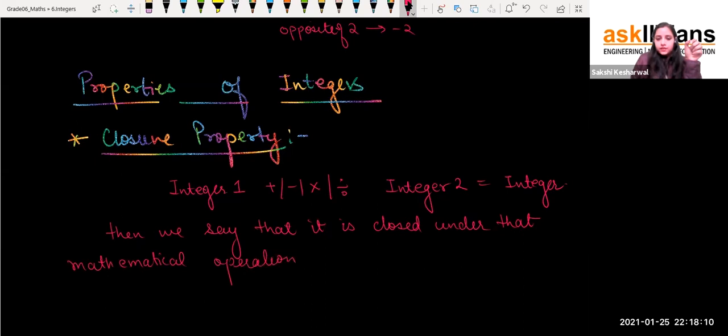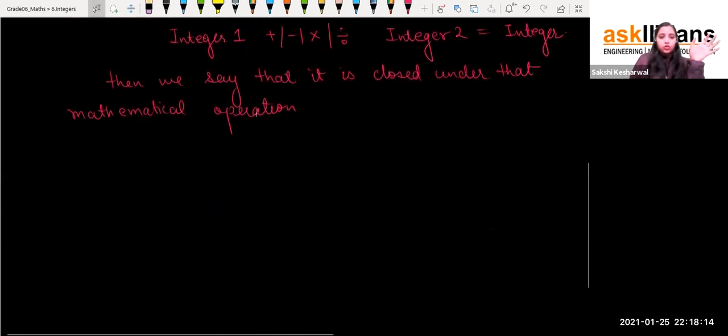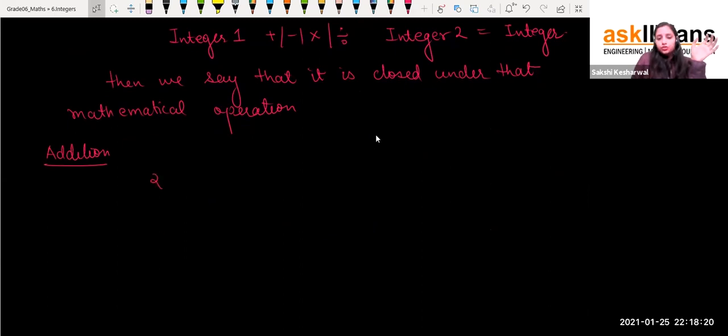Okay, let's take an example of the closure property, a little bit quick. We have done this also. If we talk about addition, is it closed or not? Yes, it's closed. If I take 2 plus -2, this will be 0. This is an integer, so yes, it's closed. Now let's talk about subtraction. If you take any two numbers,